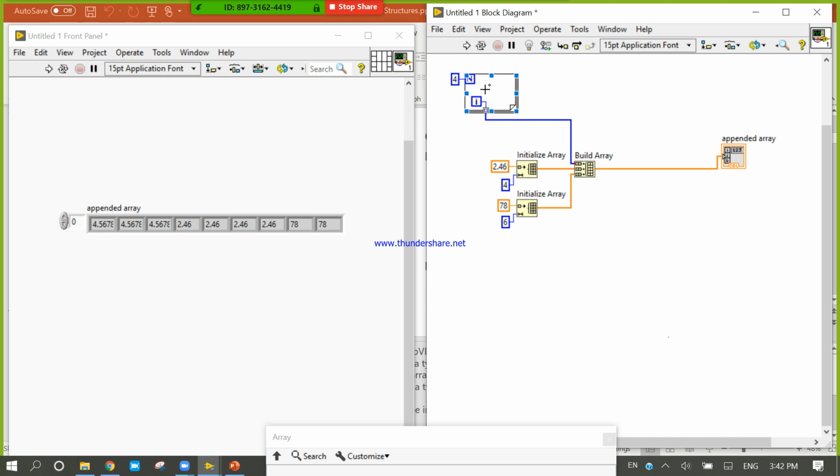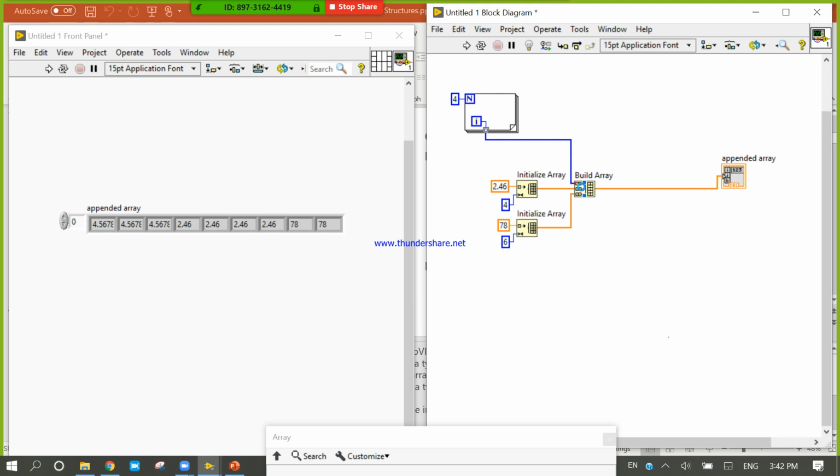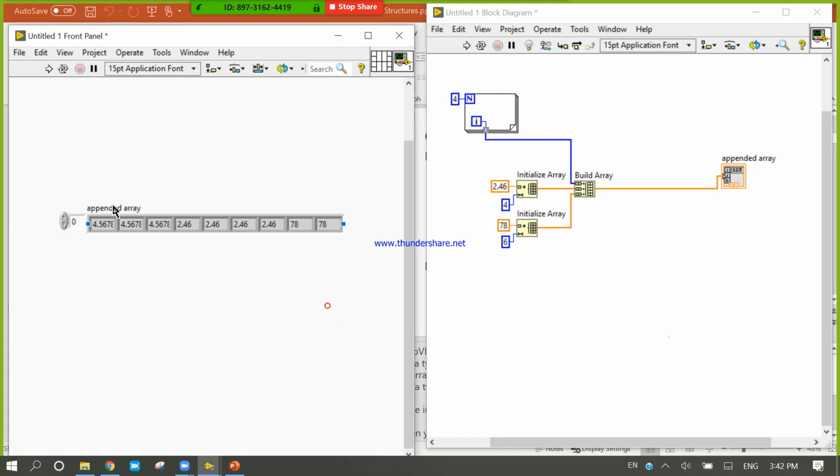It doesn't matter what kind of data they are sending. If the data comes in the type of 1D array, we can compile all data, and by using append we can design one chart, or by using this concatenated input, we can read all those data in one single array.